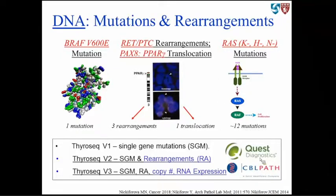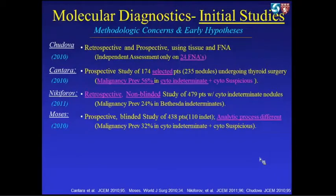But what's very interesting, and I'll play off this theme a little bit, is that there recently is now the 3rd version of the ThyroSeq test, to improve the metrics even further. Where you see this test going, even though it was initially a DNA-based mutation panel, is to include an RNA expression analysis at the end. And I think that is actually where the field is finding its greatest potential, and you see both the RNA-based and also the DNA-based test included, because it picks up on pathways, and I'll explain that. So I want to tell the story and how I see the story,